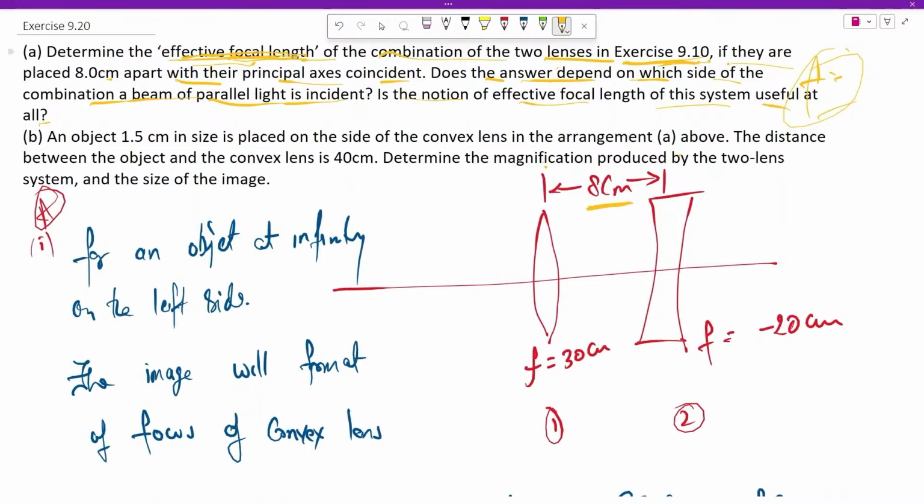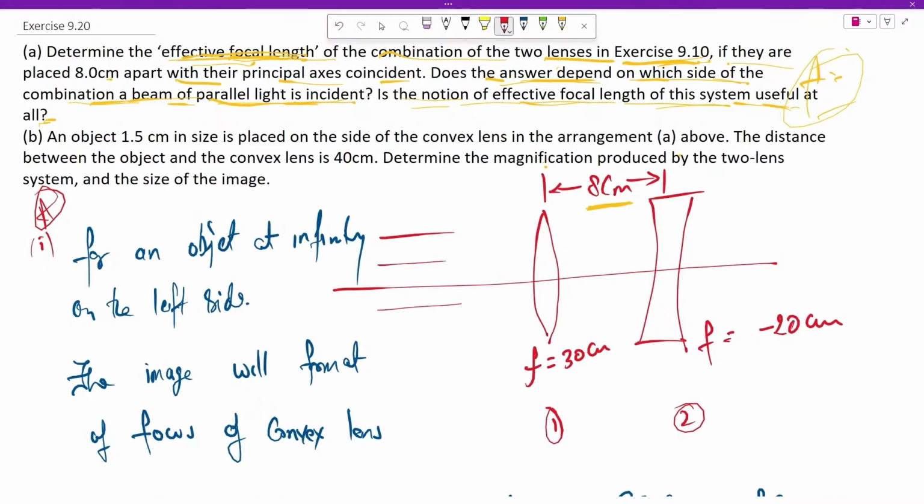And we also need to comment, is the notion of effective focal length of the system useful at all? Now, here we can make two cases to find out whether the answer will depend on which side of the combination the beam of parallel light is incident. We will first put the concave lens on the back side of the convex lens,